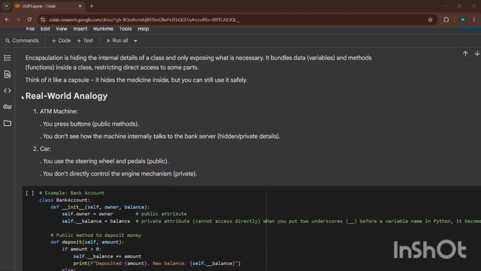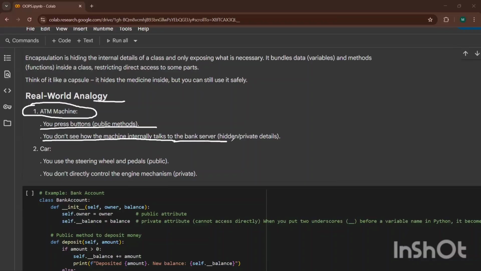Now, guys, we have some real world analogies. First one is the ATM machine. You press buttons, which are public methods. You don't see how the machine internally talks to the bank server. Those are the hidden and private details.